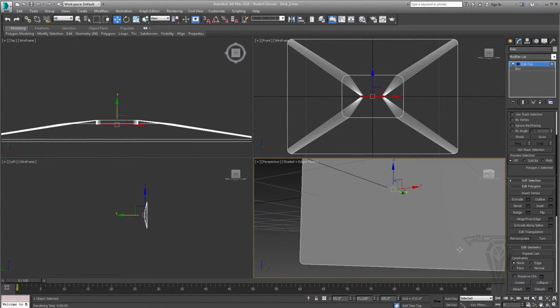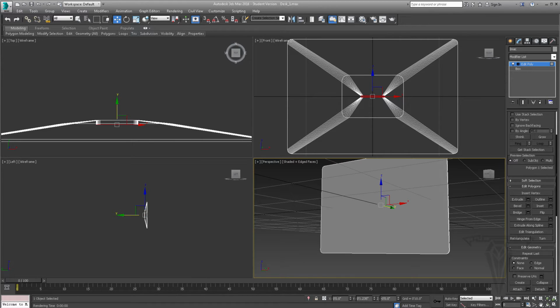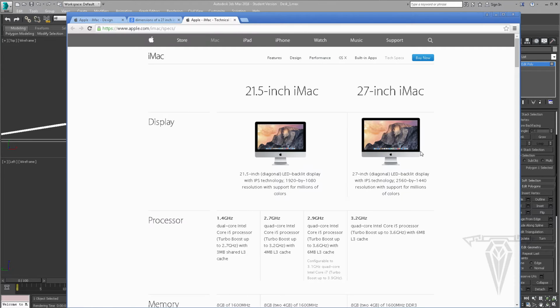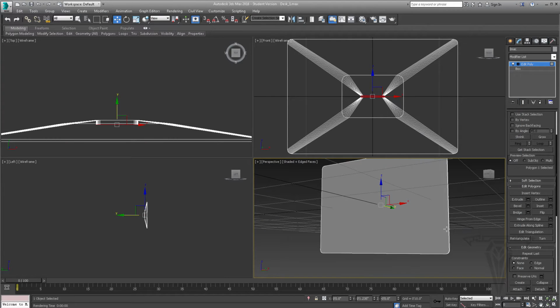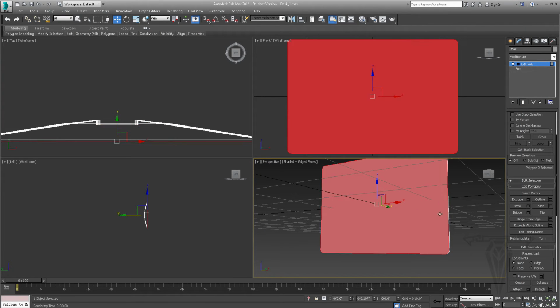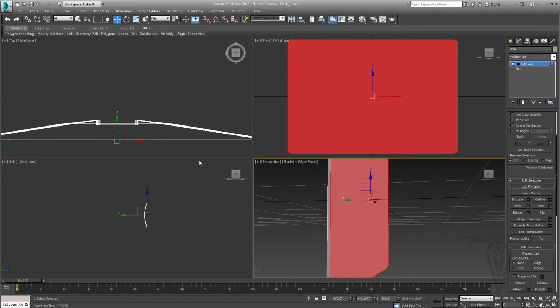Let's create the front piece and mirror. So if we go back to the reference image, this metal piece down here and the glass that's going to sit on top of it. So let's go ahead and select this front polygon here. And what we're going to do,